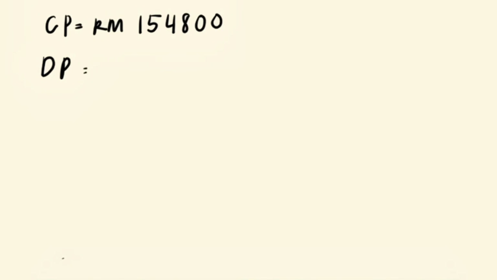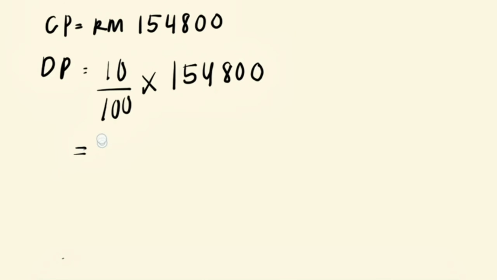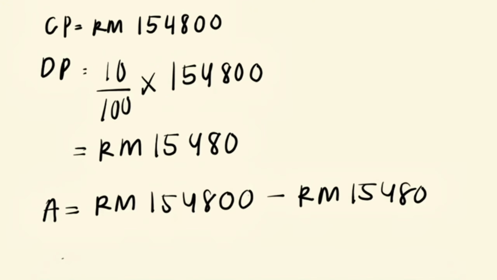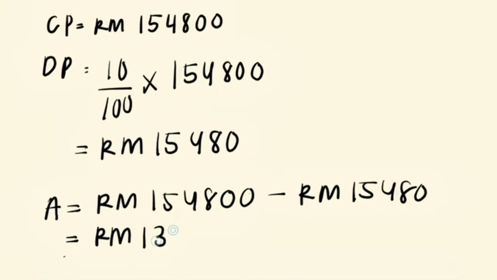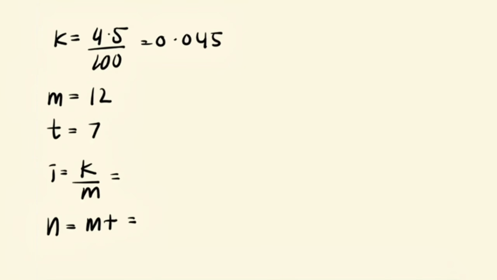Instead of a zero down limit, a smart buyer puts down a 10% deposit upfront, which is 10% multiplied by 154,800 equals 15,480 ringgit. This leaves an actual loan principal of 139,320 ringgit. With an interest rate of 4.5% per annum compounded monthly over a 7-year period,